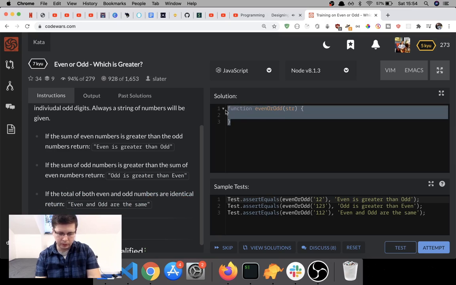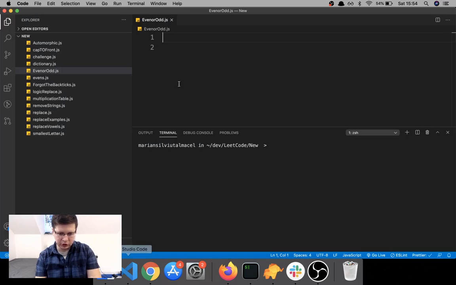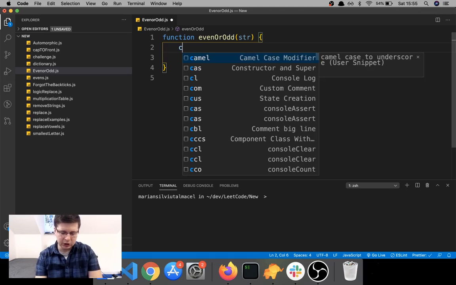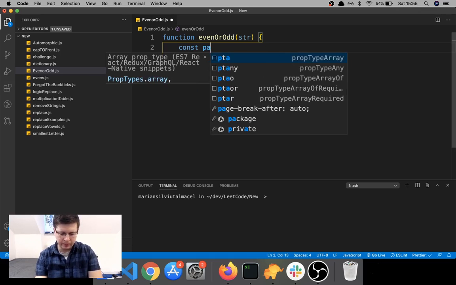So let me just copy this starting function here, and obviously this can be solved in a multitude of ways, but like I said, reading the description, it made me think about trying a solution which I think is pretty nice, even though you probably could write this shorter. I think it teaches you how you can juggle with methods and all kinds of ideas in coding, which is the nice thing about it. So what I'll do is I will make an object called parity,